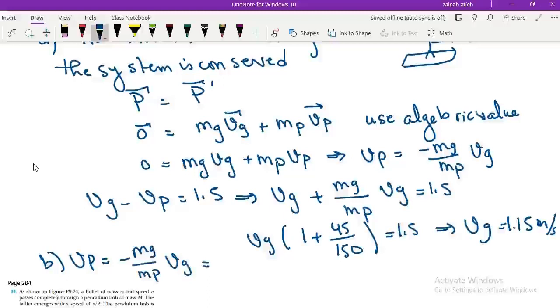Okay, we have everything. I will calculate. Just give me 1 second. So 1.15 multiplied by 45 divided by 150, we will get minus 0.345 meter per second. That means that the plank will move opposite to the motion of the girl, backward, with this speed. So as you can see here in this question, the girl walked in the opposite direction, because the system